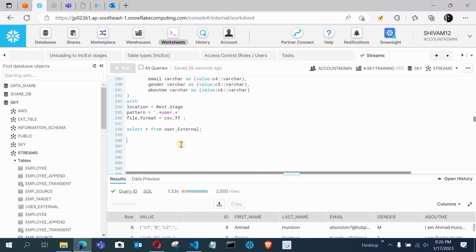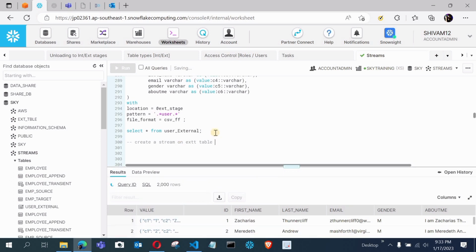Now we will create a stream on this external table and try to see whether we are able to do it or not. We will use the previous syntax: create or replace stream, and let me give the name ext stream, because we are creating the stream on an external table.